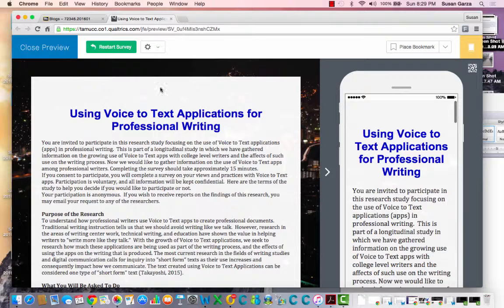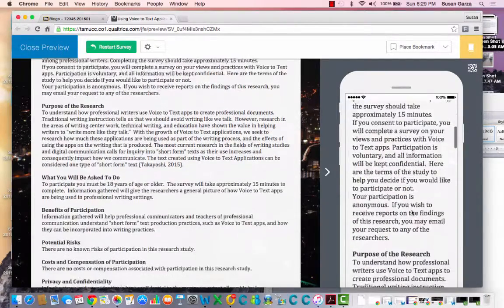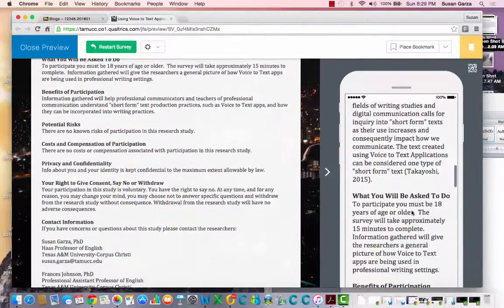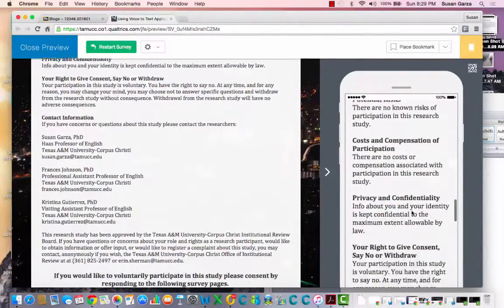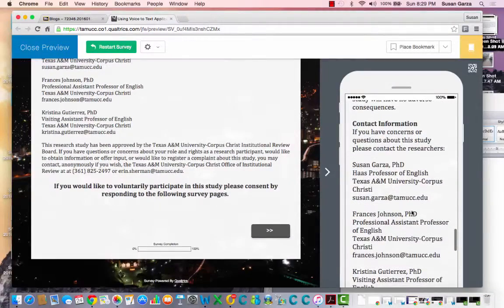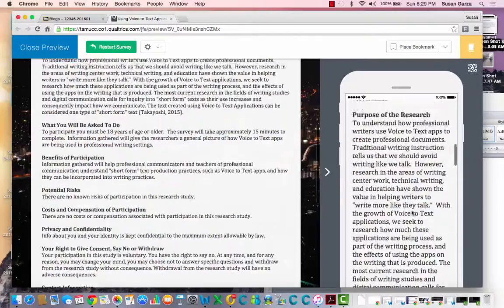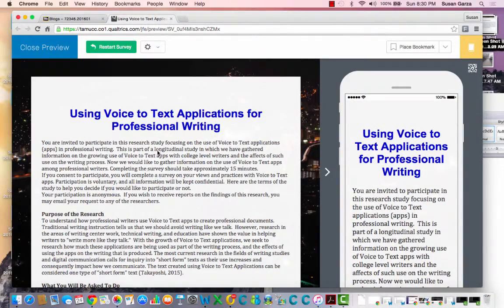You can see here, this is what the survey looks like when somebody pulls it up on the internet to take it. But then they're also showing me over here, if somebody pulls it up on the internet through their mobile device, then this is what it looks like over here. So I thought that was pretty neat because, like I said, more and more, anything you create when you're writing for digital environments, you have to think about not just traditional web pages and putting things on the internet that we would look at through our computers, but we've got all of our mobile applications and our ways to access information that way as well.